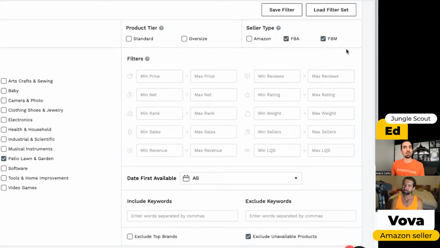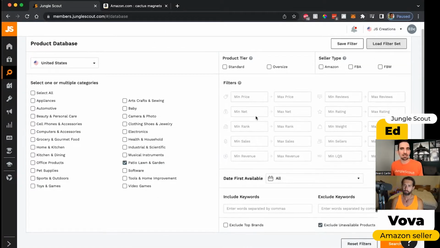And then I would often take orders to the local UPS store or the post office. But you could also hire a third-party company to do this for you if that's a better option for you. So in any case, I usually just leave these blank to begin with so we get as many results as possible. If you guys are looking for some suggestions, we actually have some presets that you could pick from here